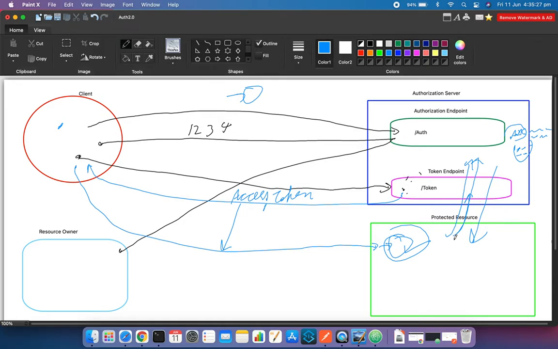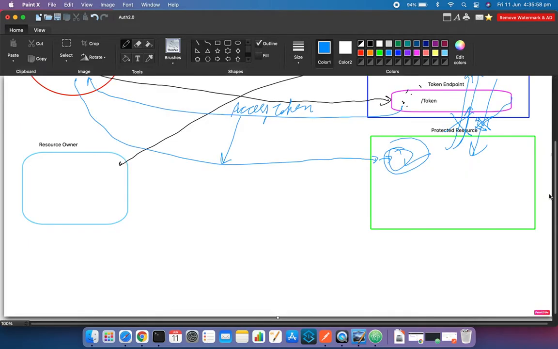And your protected resource has to wait until it gets the response from the authorization server, right? So to remove this dependency and this back and forth network calls, we have JWT,